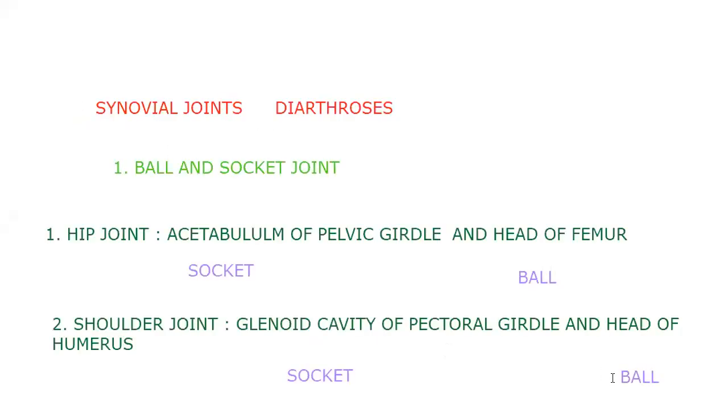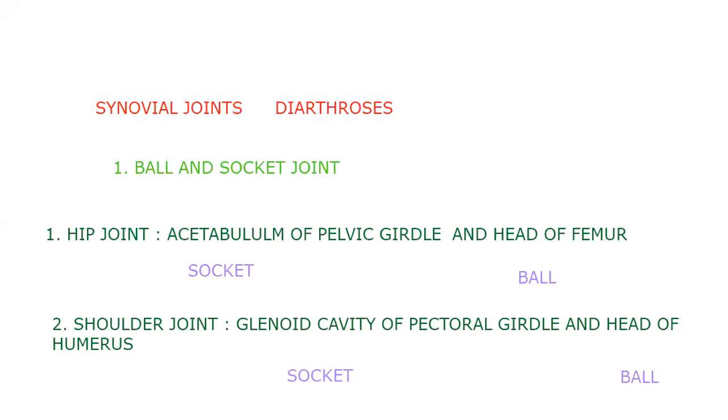Next, we'll go with the hinge joint. Let me change the color. Okay, then let's take it. The hinge joint. Do you want to allow me to take the screenshot? To find all this in the textbook, no matter. If you take a screenshot, it will be helpful for you to revise easily. Let me take it too. So that's the ball and socket joint.